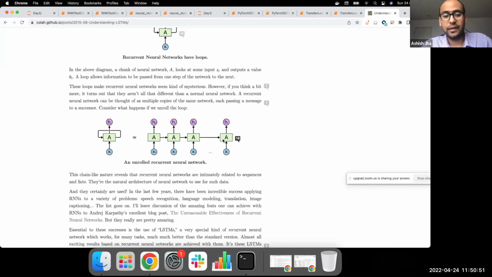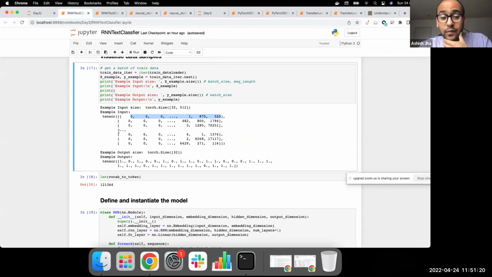LSTM was devised to address these kinds of problems. It has its own regulation mechanism, so it does not allow the previous gradients to just blow up the next gradient. It has a mechanism internally to regulate and bring it back to a value between 0 and 1. Whenever you go through the different cells of LSTM, it does not allow a huge value to keep blowing up or a very small value to keep diminishing, on a high level. So that's why LSTMs were devised in place of RNNs.